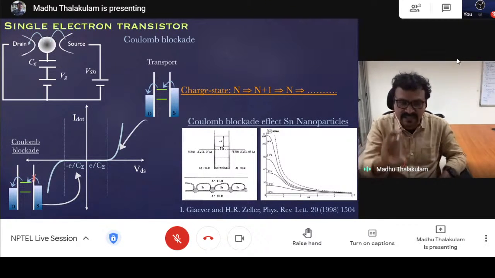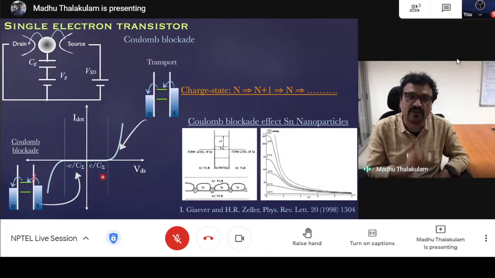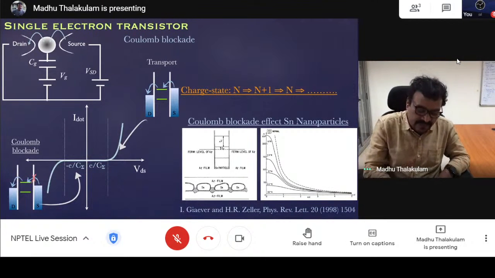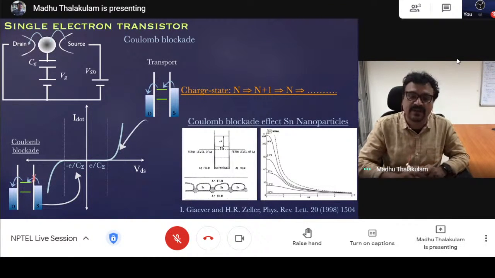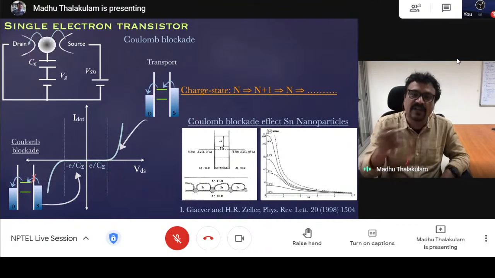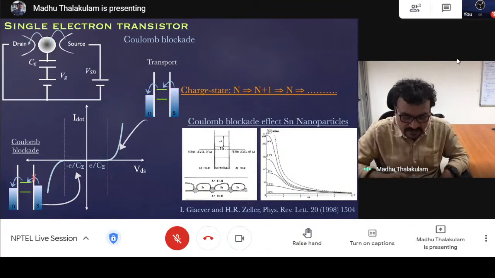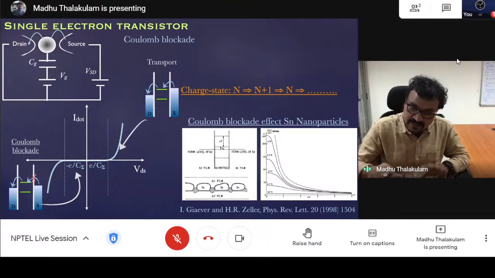You have supplied only just enough energy to have one electron go through it. So that is e by C sigma in voltage scale, or e square by C sigma. Okay. Now, when you supply e square by C sigma, you can have one electron going through the dot. Okay, and so the transport phenomenon is basically